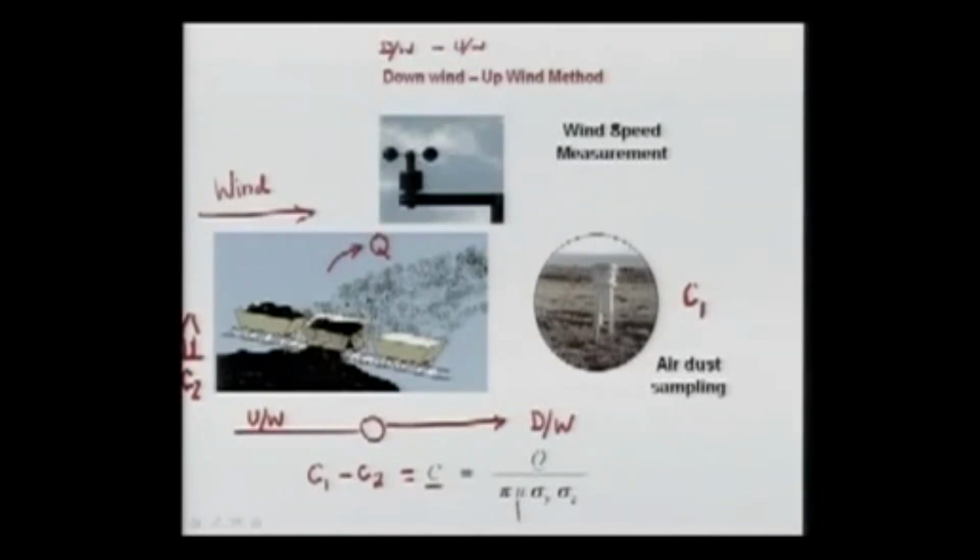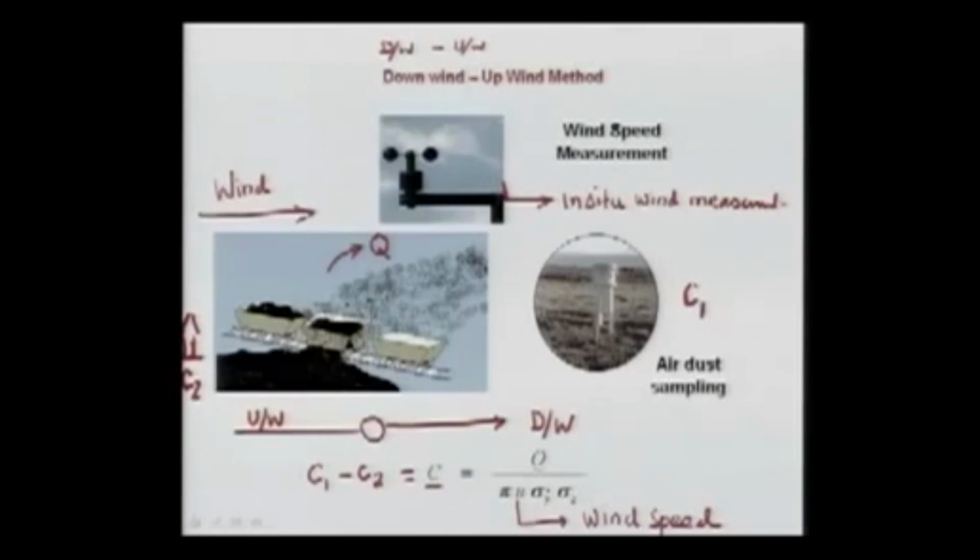U is nothing but wind speed, and that you measure on the field. Here this is a wind speed measurement. It's important that you do the in situ wind measurement. Okay, that's important that you do in situ. And so the wind speed is known,